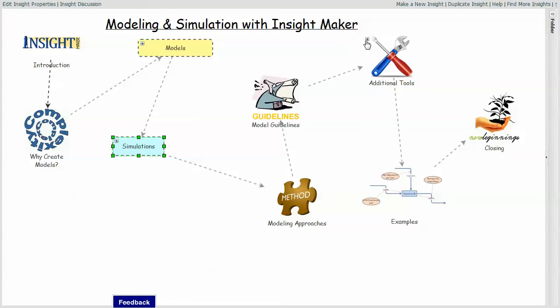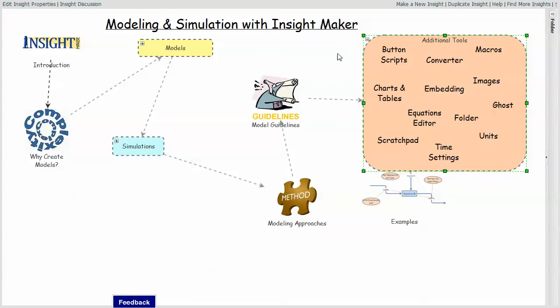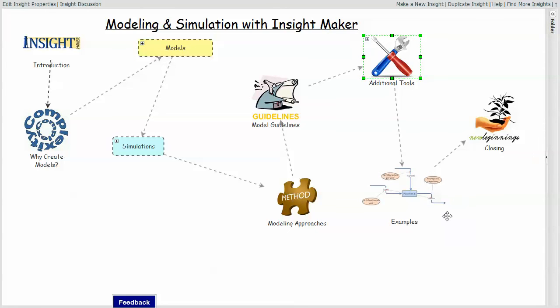There are in fact a whole set of additional tools and undertakings within Insight Maker that aren't specific to any particular module, so I go ahead and talk about them in additional tools, and there's a section for each one of them, and then there are some examples, and then I do a closing,